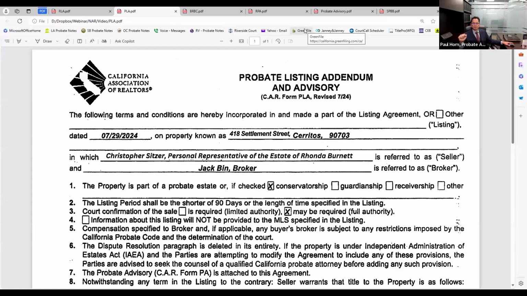So now the next thing is, let us go over what we just went over, the seller side, the listing agent. Now let's go over the buyer side, okay? The buyer side.